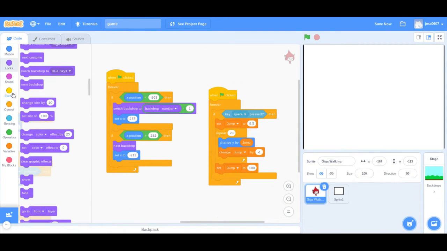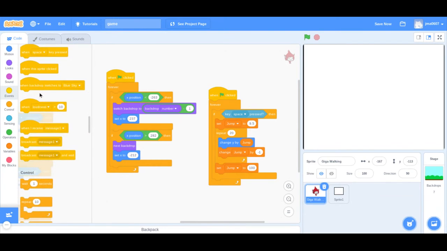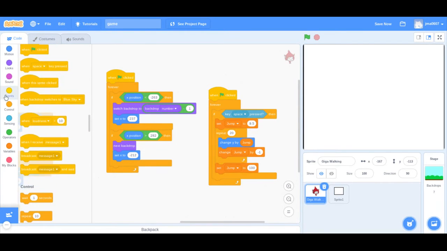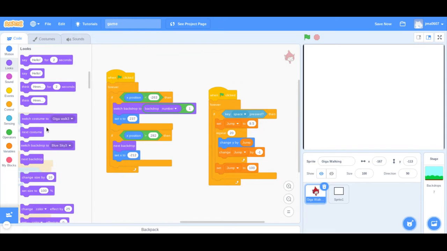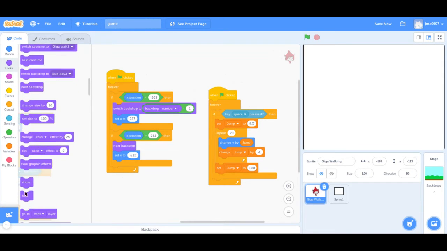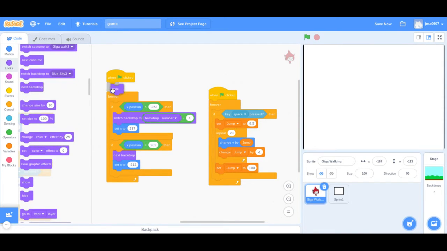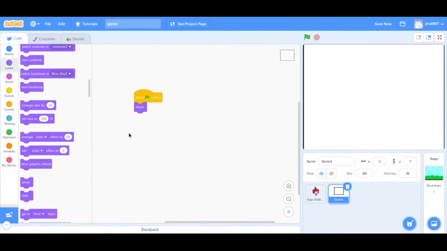You probably don't need to do this, but I'm just going to do it to make it simpler. Grab a hide and put this right there. So, when flag clicked, put a hide. And go into here, show, and then